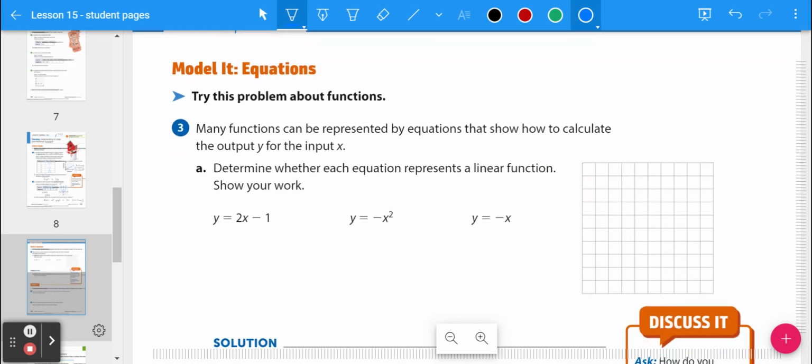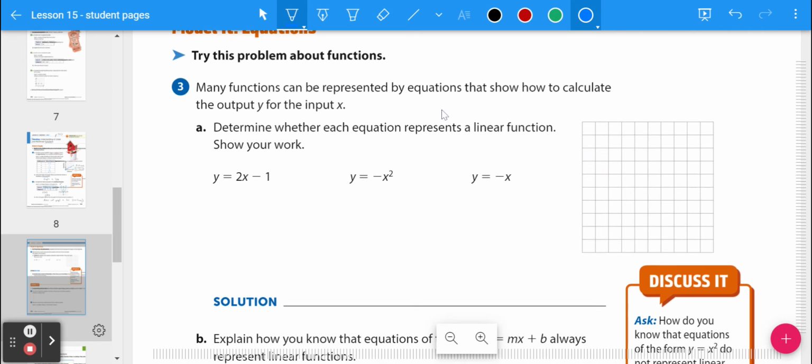Now, number 3 says, many functions can be represented by equations that show how to calculate the output y for the input. And one great way to do that is to make a table of values if you don't know if it's going to be linear or nonlinear. Now, obviously, some of them you might know that they're linear just from what we've learned about linear functions already, or linear equations. Like, for instance, this one in the blue here